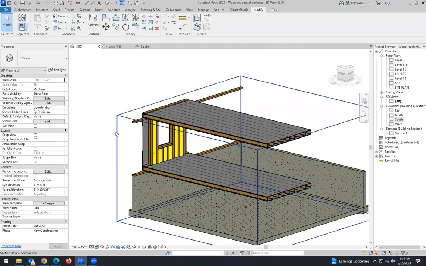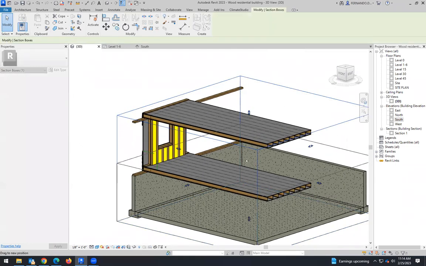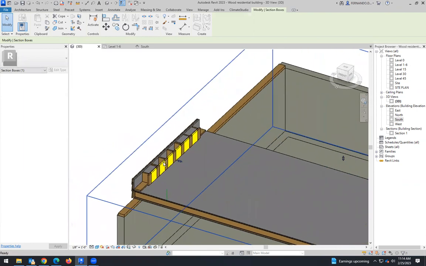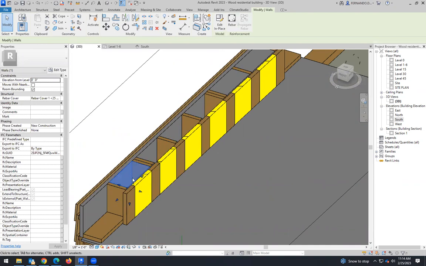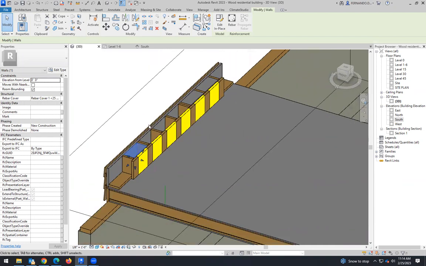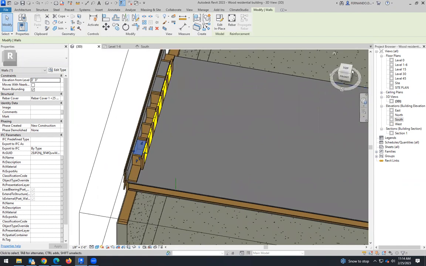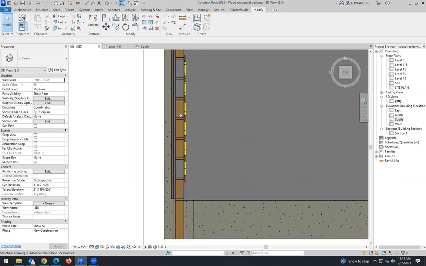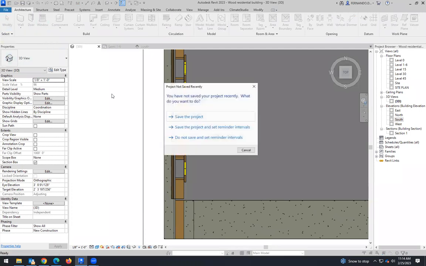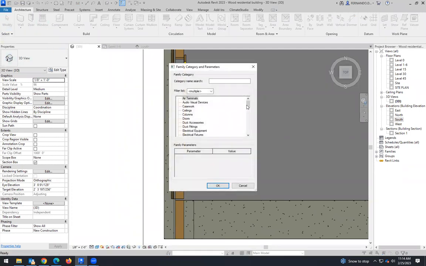vertical. So with the section box, if we move it down, now we see that there are rafters. But we don't have the cellulose. So with the cellulose, we can do the same, but we have the window here to interrupt. Okay, so I'm not going to copy, I'm going to create cellulose panels here. So let's go to component, model in place. This is the wall,